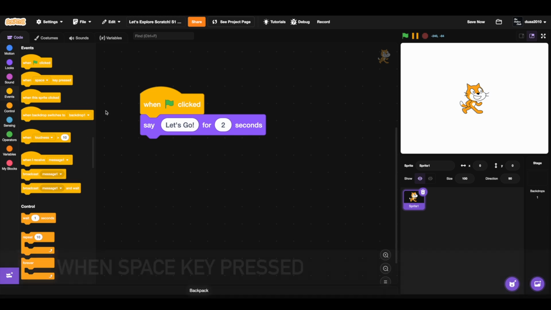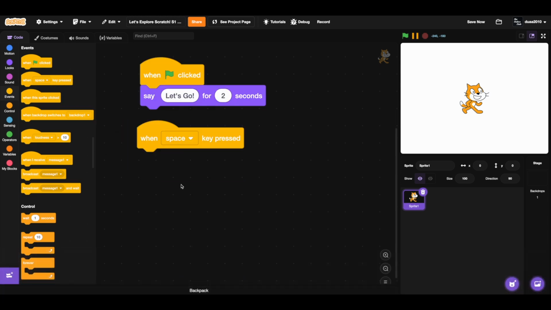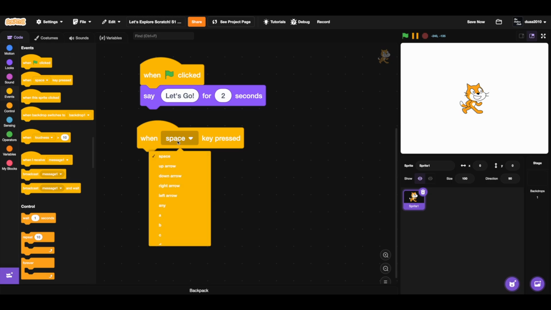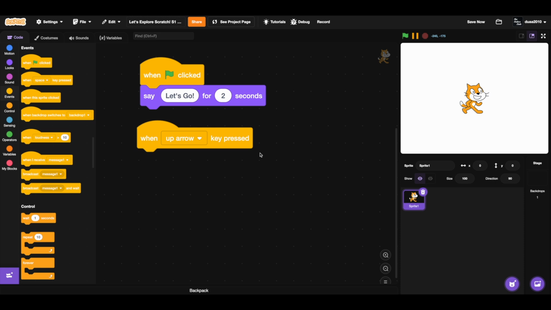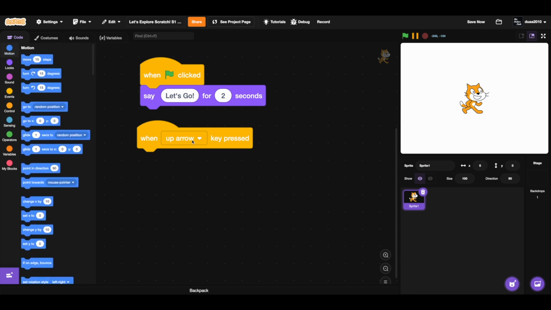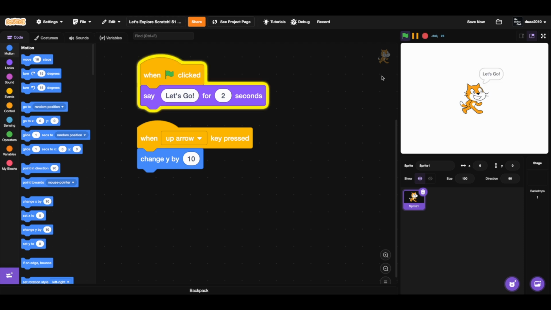Next up, we have when space key pressed. This block runs the script when a specific key, in this case space, is pressed. You can change space to the up arrow, down arrow, right, left arrow, any of the letters, and any of the numbers. Or you can just click on any key. For now, I'll change it to up arrow because when the up arrow is pressed on my keyboard, I want the Scratchcat to move upwards. So for that, when up arrow key pressed, change Y by +10. So now,